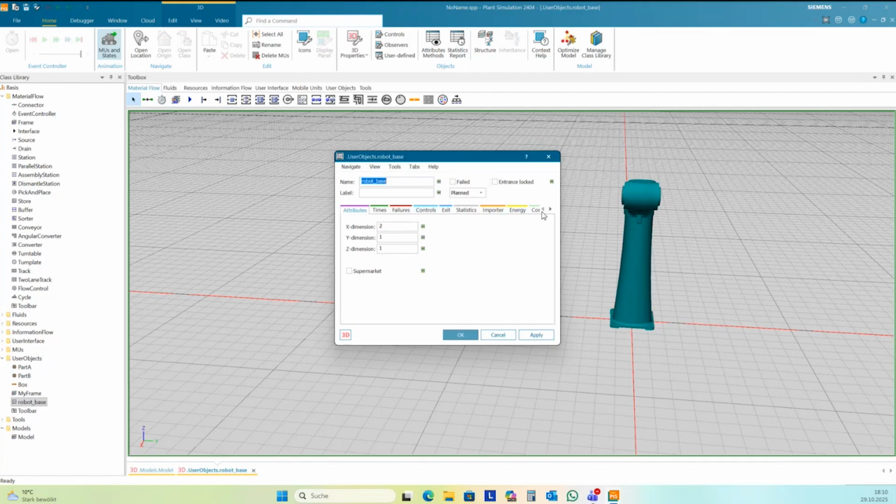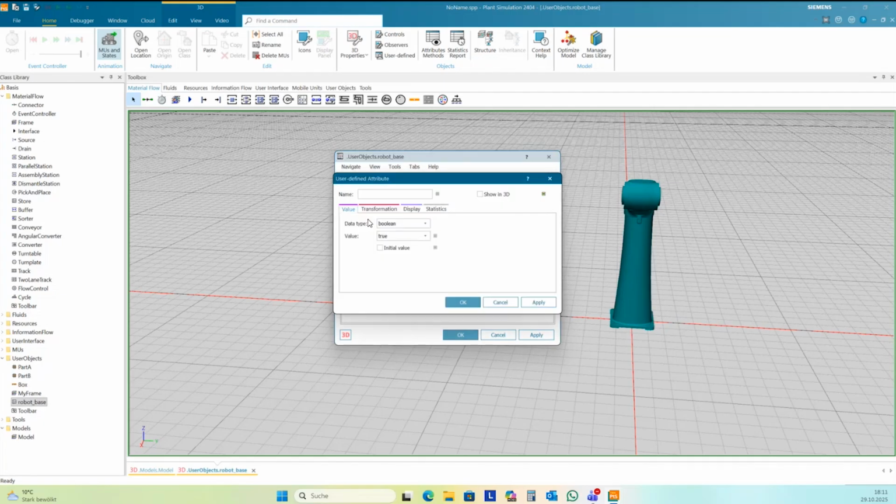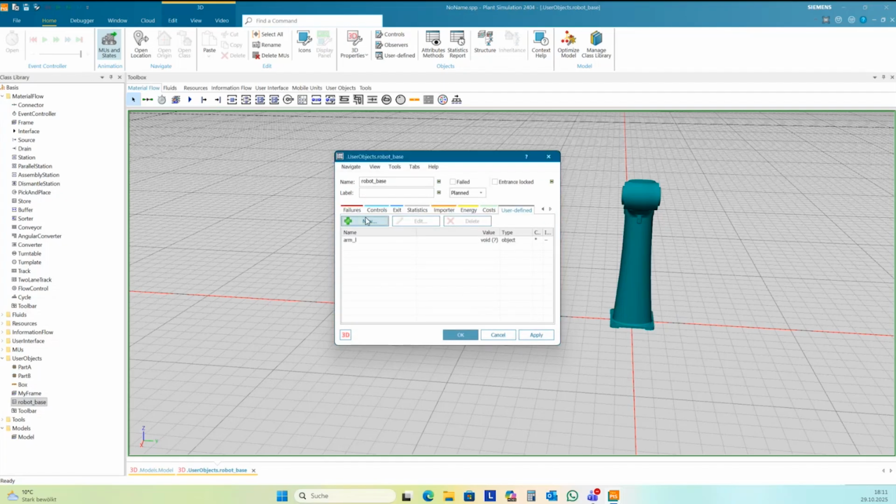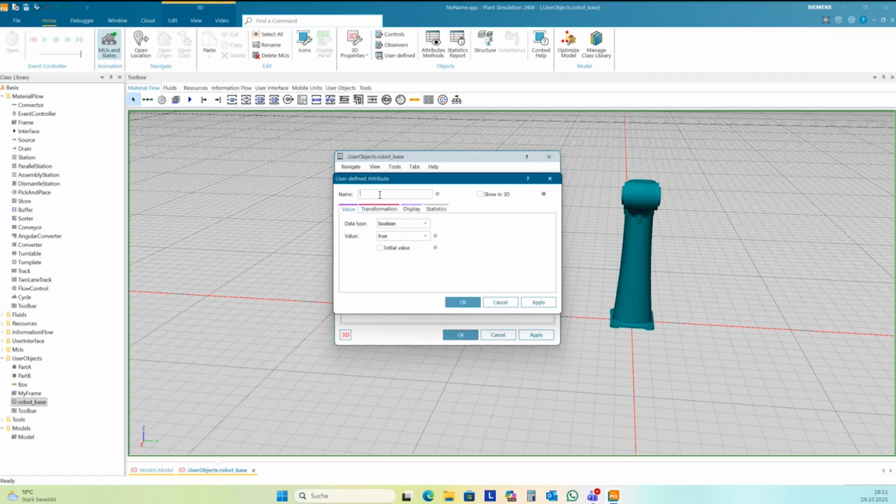And I want to have two user-defined attributes: Arm L as object, Arm R as object.